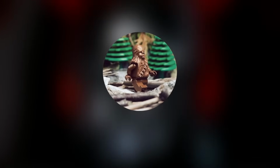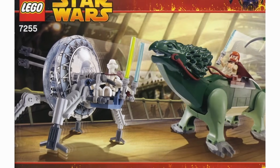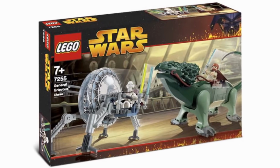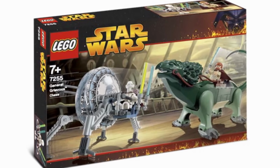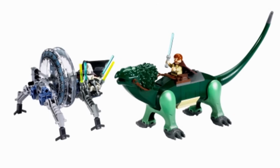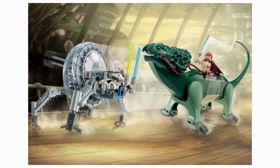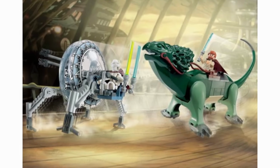Anyways, hopping into the number 8 spot, I have a very fan-favorited set, being 7255 General Grievous Chase. This set was released all the way back in April of 2005 with the very first wave of Revenge of the Sith sets. It has 111 pieces and it retailed for $20. This is a fan-favorited set because it's the first and only time that LEGO has ever made Boga, which is the big lizard that Obi-Wan rides in episode 3, and I mean that's definitely really cool, and it's really cool